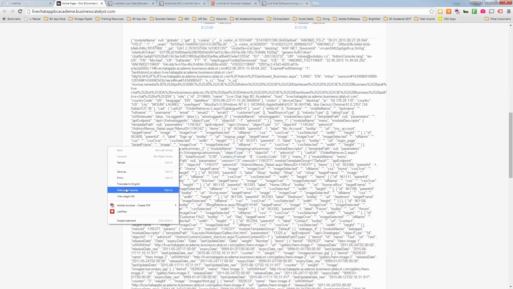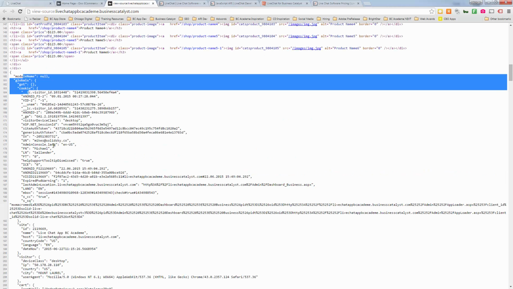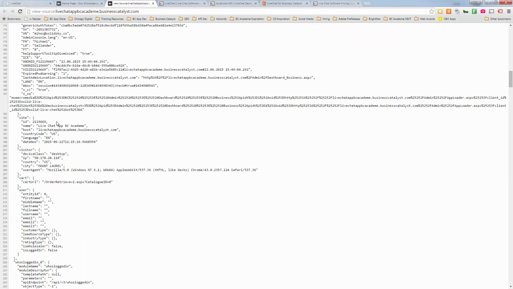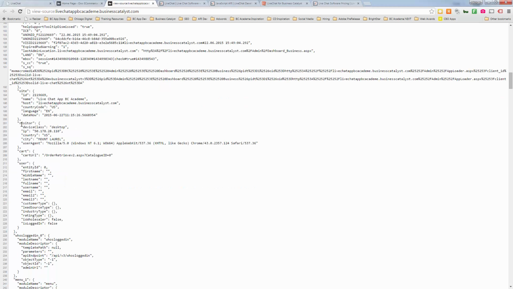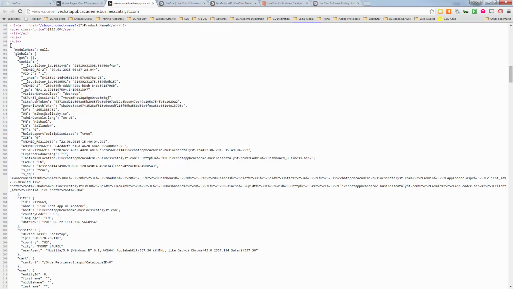Now this looks a little messy. I like to view the page source, or you can put in a pre-formatted tag in HTML. But I basically scanned through all of this and asked, what information can I pull from this that a chat user might want to know? Now here I have visitor and device class. In order to call this, we're going to follow it back up the object tree. So we can see device class underneath visitor, and visitor is underneath globals. And I can call anything in here by just saying the first element name, so globals dot visitor dot device class. So that's what I'm doing